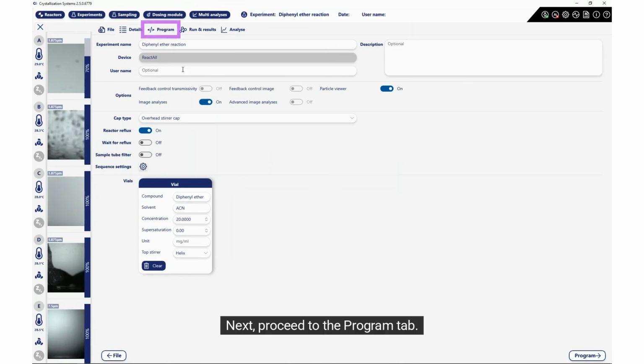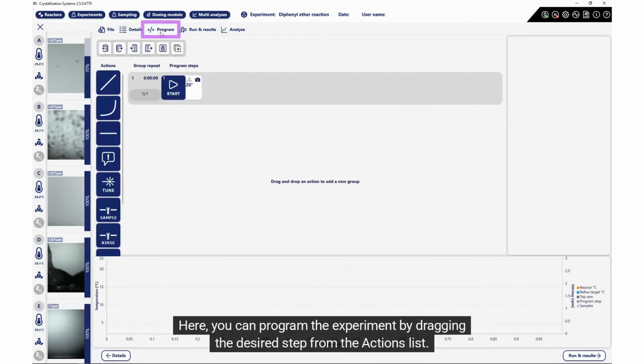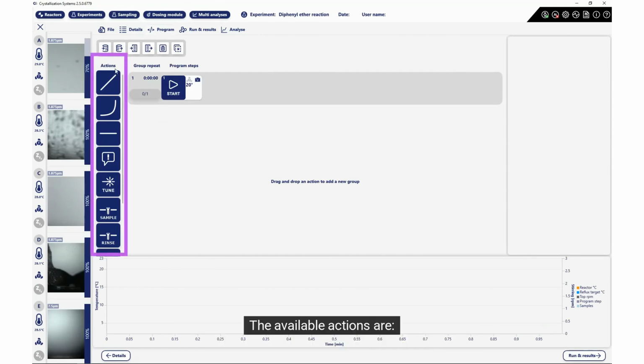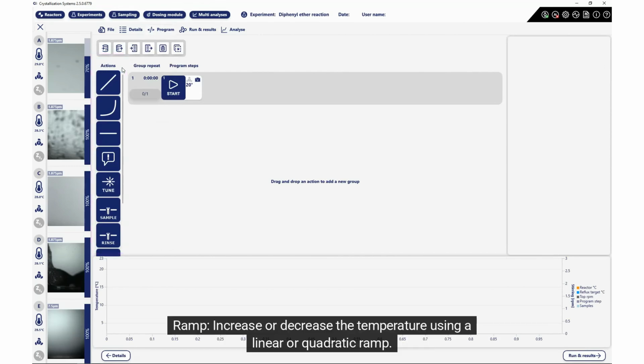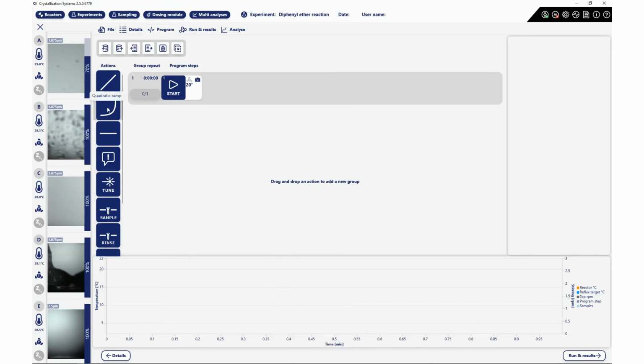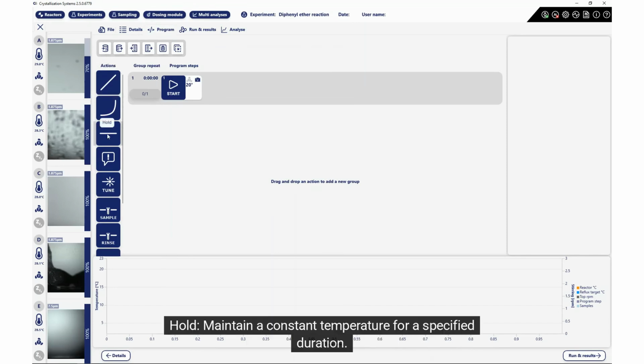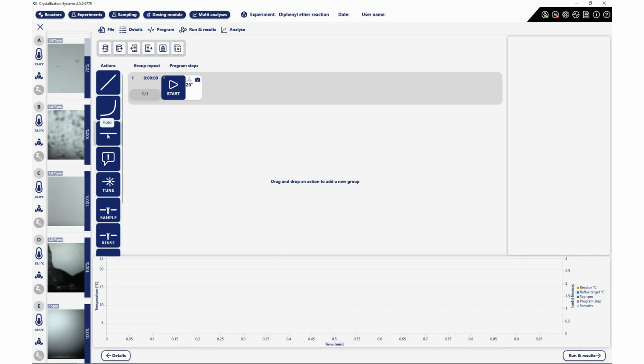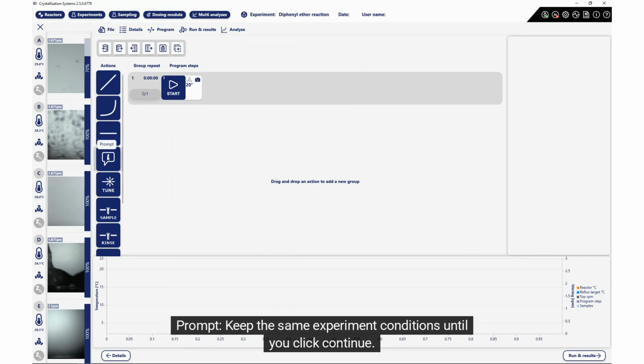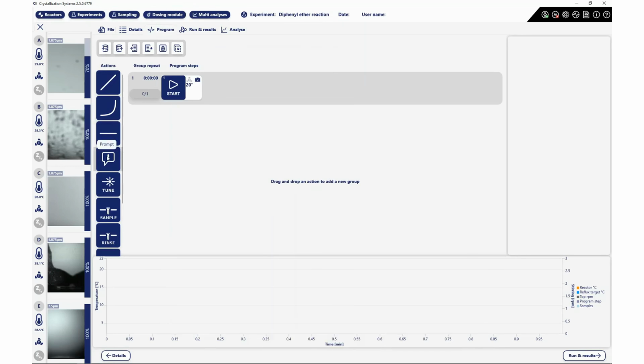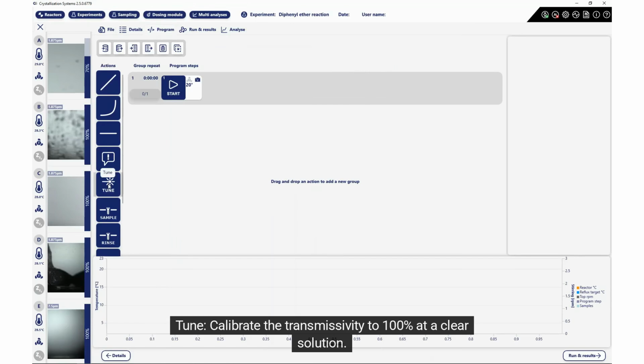Next, proceed to the Program tab. Here, you can program the experiment by dragging the desired step from the actions list. The available actions are: ramp, increase or decrease the temperature using a linear or quadratic ramp; hold, maintain a constant temperature for a specified duration; prompt, keep the same experiment conditions until you click Continue;